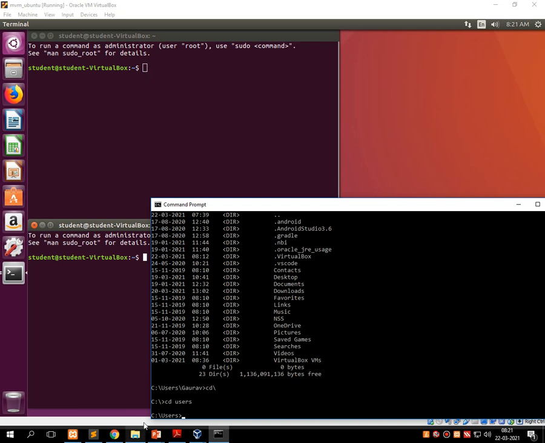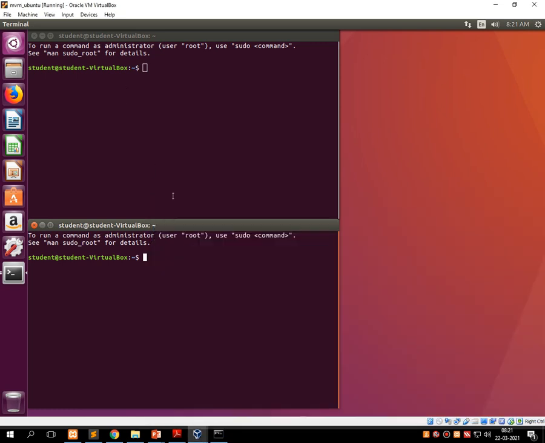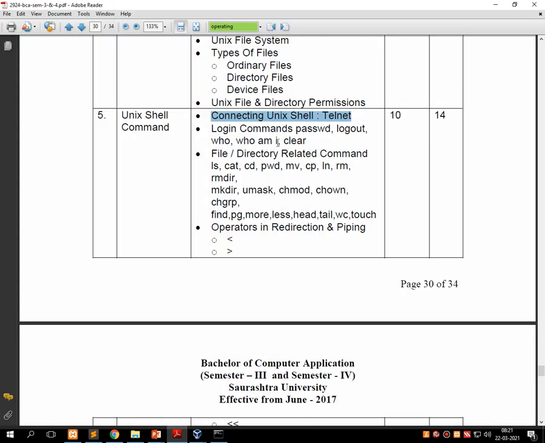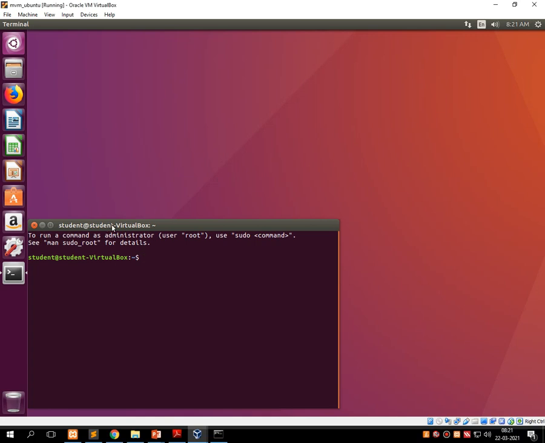Same like this, various commands are available in Linux also, which we have to use. So the goal of this entire chapter is to present various types of commands through which we can access the internal resources of Linux. So let's start with various types of Linux commands.